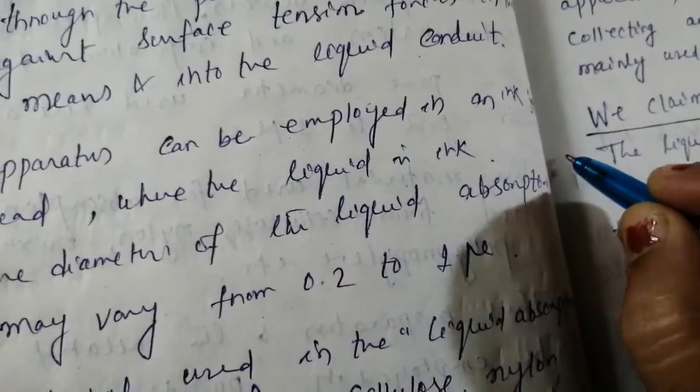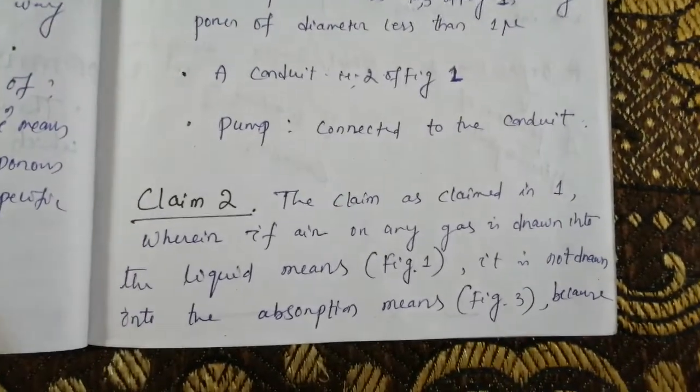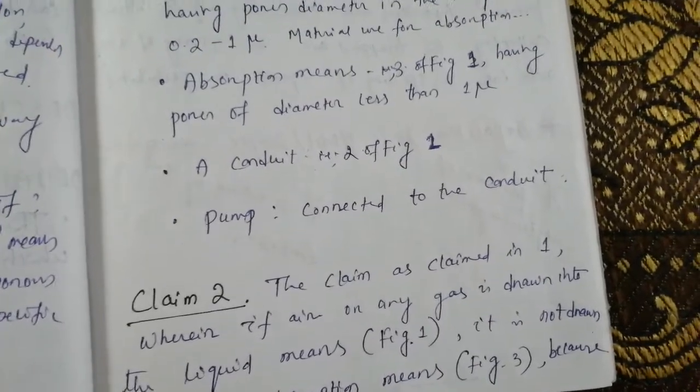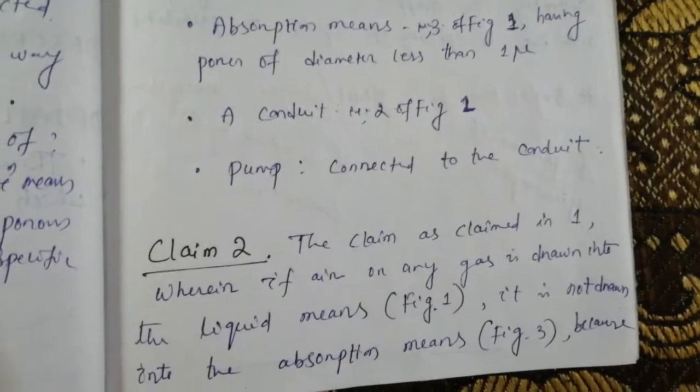Fine. This is claim 1 actually. Fine. Claim 1. Okay. Next we will go to claim number 2. So this claim is the independent one and this can be the claim number 2. This is the dependent one. Claim number 2. The claim